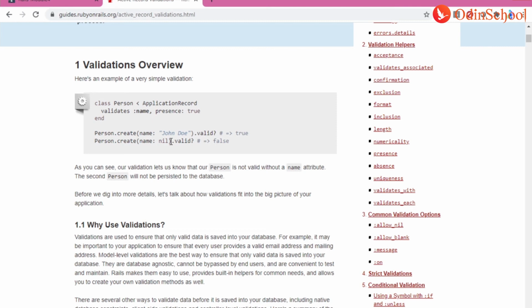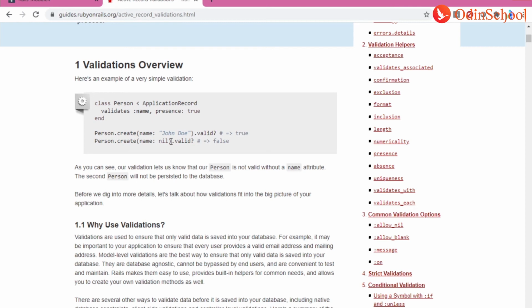Why are we going for validation? Validations ensure that only valid data is stored in your database. We have lots of hackers right now in the web application field. Lots of malfunctions are happening. Lots of other threats are there. Threats means lots of vulnerability and security issues in web applications. Banking websites and other important websites are facing lots of security issues. So that's why we need to make sure